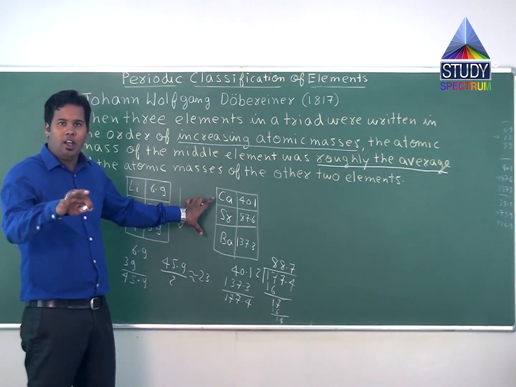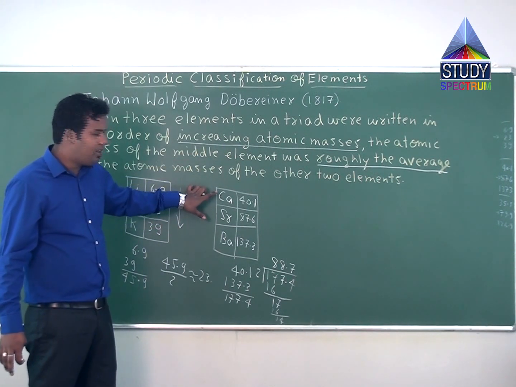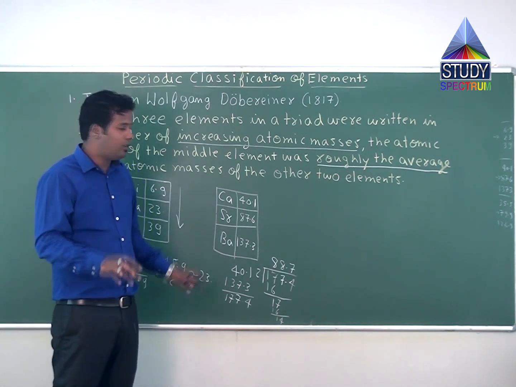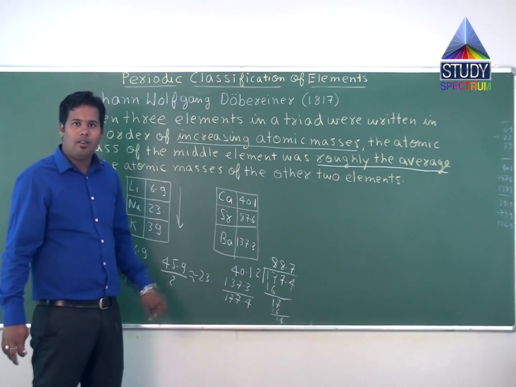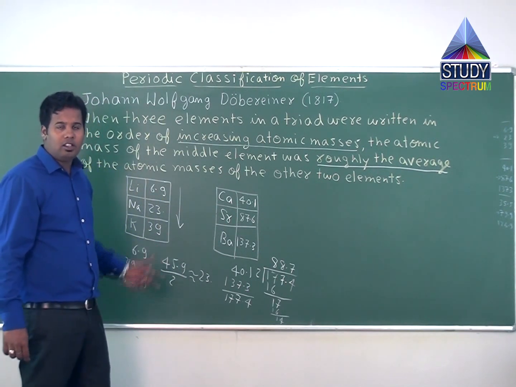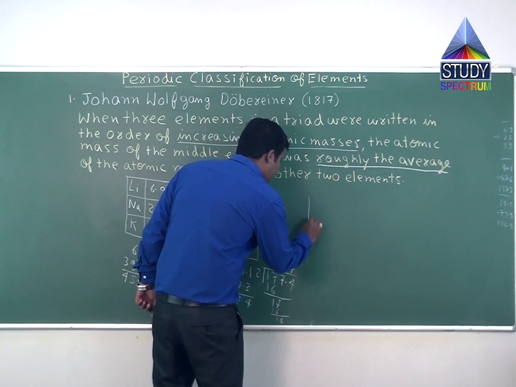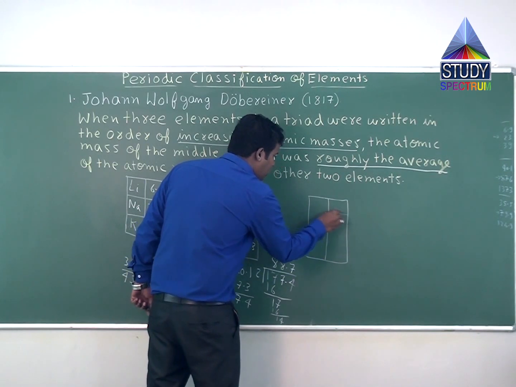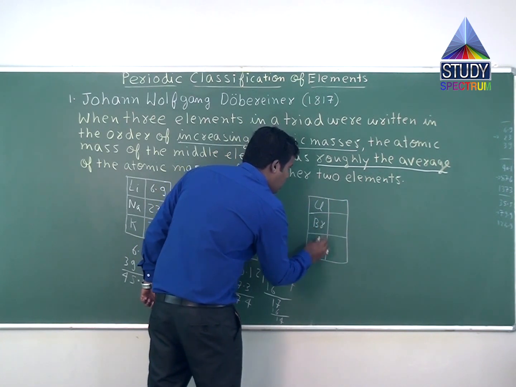So it was pretty almost the same for the second triad also, this law also, that if you add the atomic masses of the first and third element and you divide by 2, that is you are finding the average of the first and third element atomic masses, then the middle element has the same atomic mass. So this was the second triad formed by Dobereiner, the German scientist Johann Wolfgang Dobereiner. The third triad he formed was between the three elements, that is chlorine, bromine and iodine.